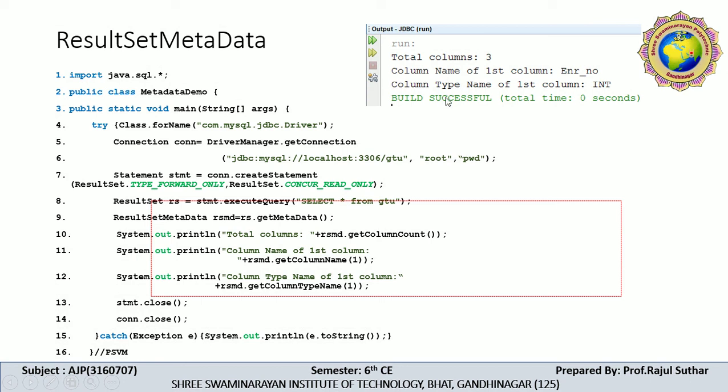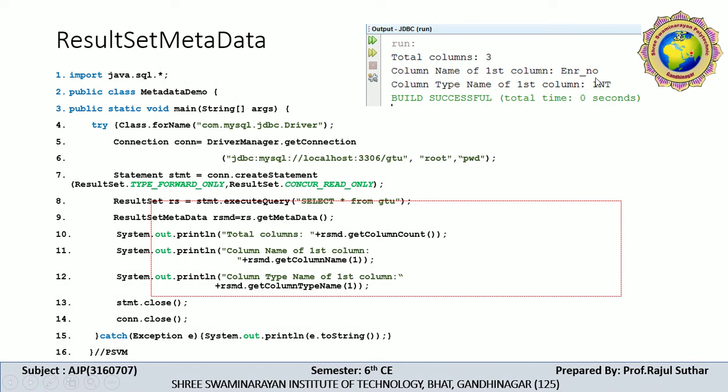What is the output of this program? Here System.out.println generates the output, so lines 1, 2 and 3 represent the output. The total count is 3. Then System.out.println of the column name: the first column name is enrollment number, and the column type name of the first column, enrollment number, is the integer data type.